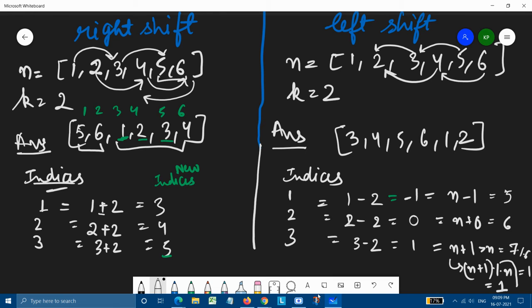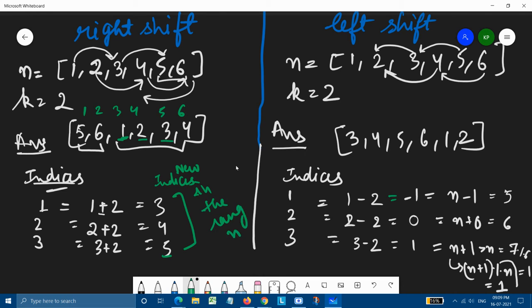So this is all we are doing here, if we simply consider the question. Now comes the part, rather than doing this whole complex calculation and getting more confused. This part was just for explaining what right shift and left shift actually mean. In right shift, we are simply adding that k value to that particular index, keeping in mind that the new indices should be in the range of n.